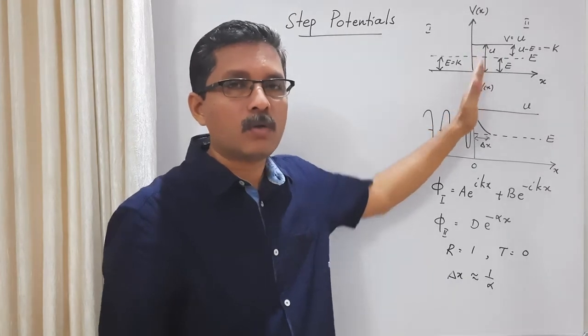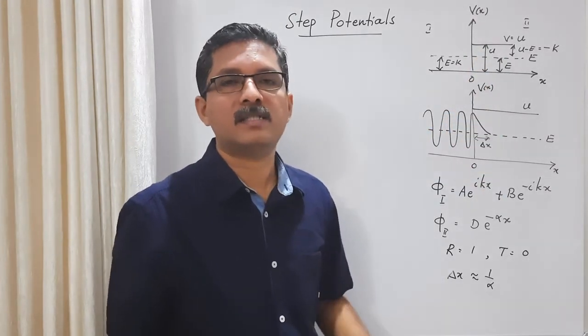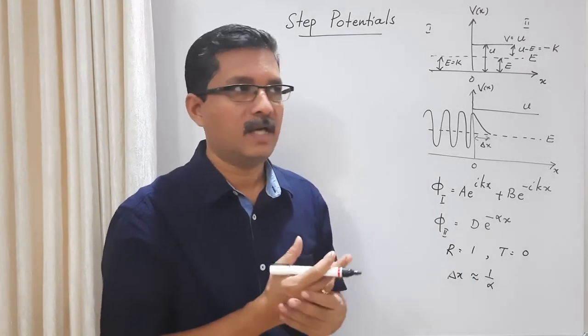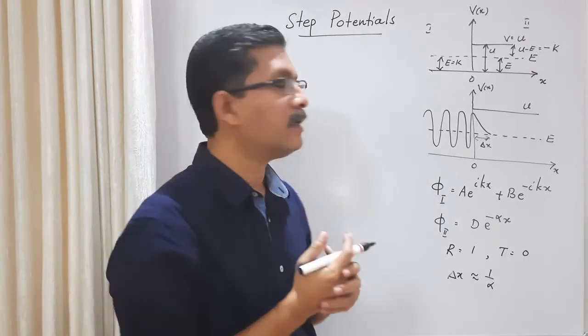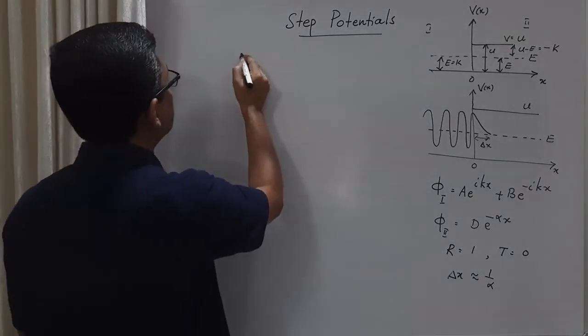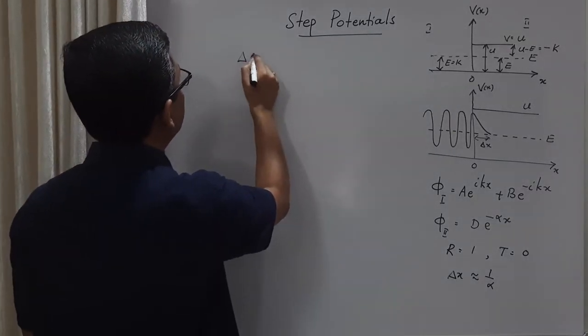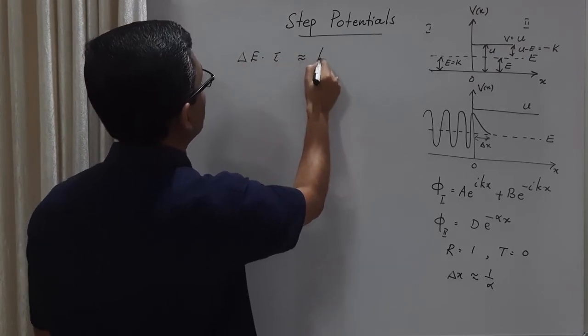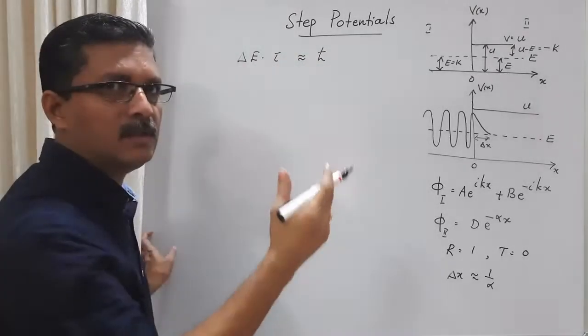How can it be possible? How do they suddenly gain this energy? Is it not a violation of conservation of energy? Then what we can see is that there is this time-energy uncertainty relationship, that delta E times tau is of the order of h cross. Where tau is the